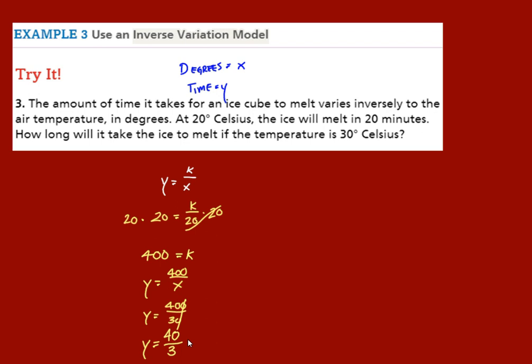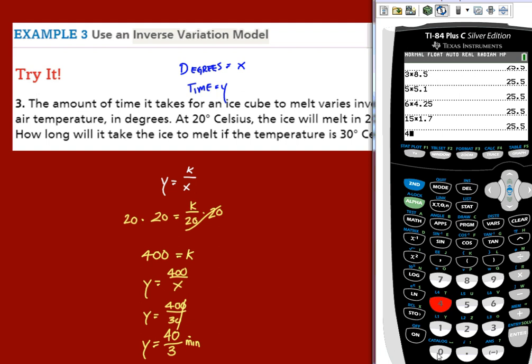40 over 3 minutes is what that would be. And let me check to see what your book actually left it as. Okay, they actually went ahead and rounded that. So they went ahead and typed into their calculators 40 divided by 3. And it says it's about